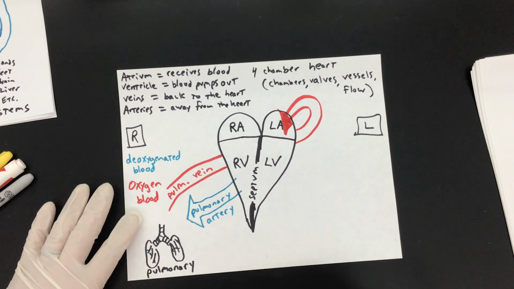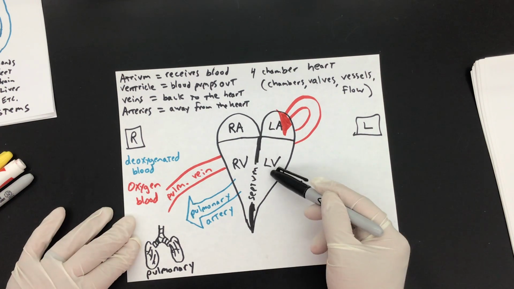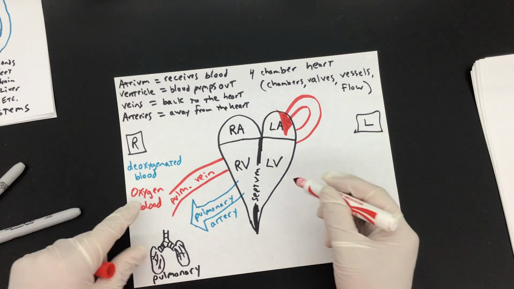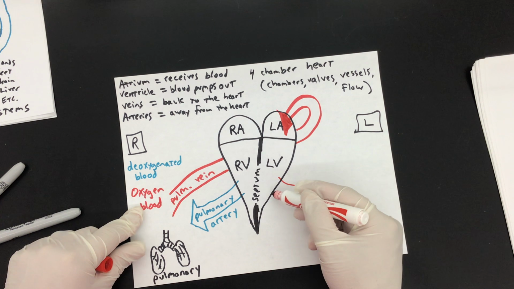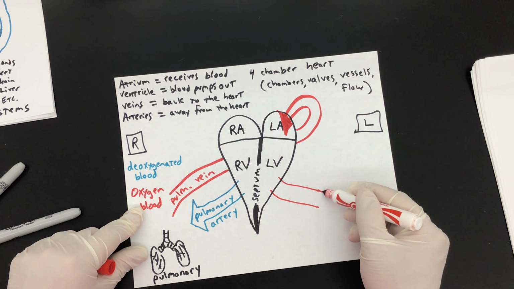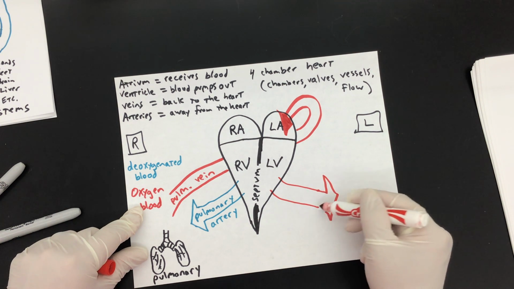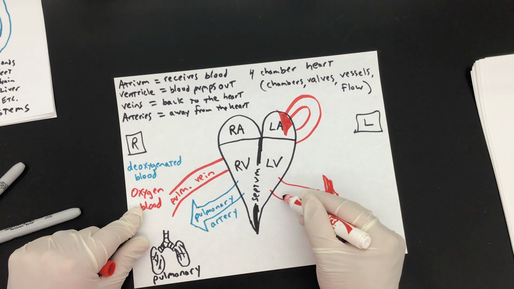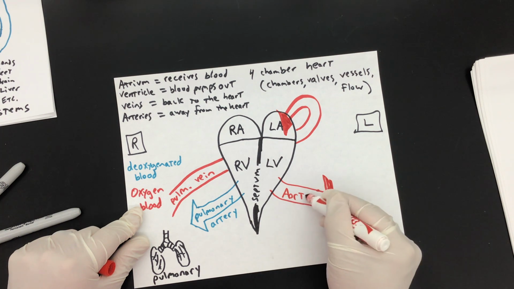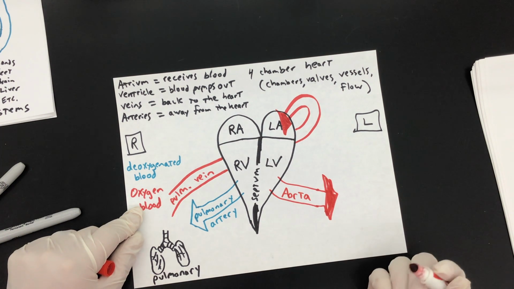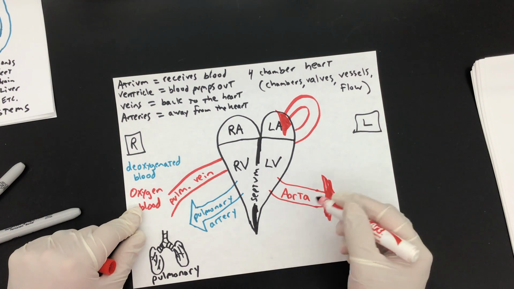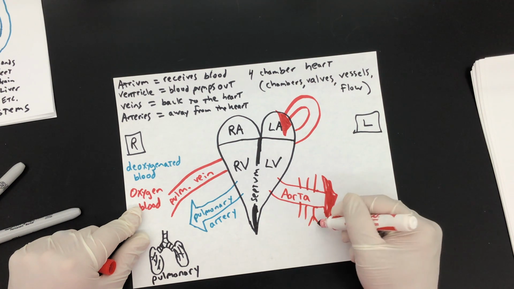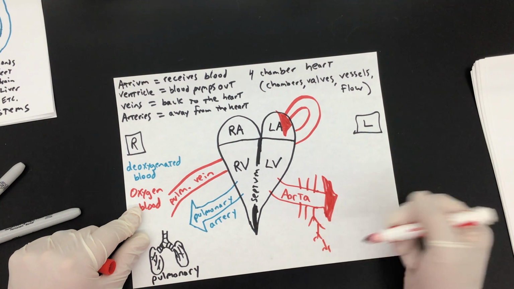It's really, really cool. Okay, so now we've got to leave the heart with good oxygenated blood and go to different parts of the body. And that basically is everywhere. Again, every cell in your body needs oxygen. So this is actually called the aorta. You have an ascending aorta and a descending aorta. And then they branch and branch and branch and branch. There's branching off of this, and then those will branch, and those will branch till eventually you end up at